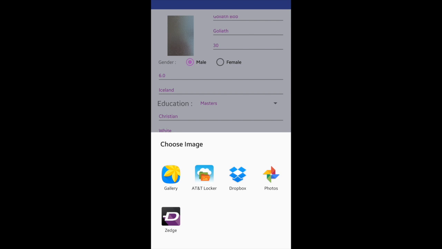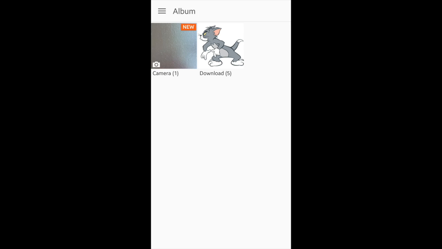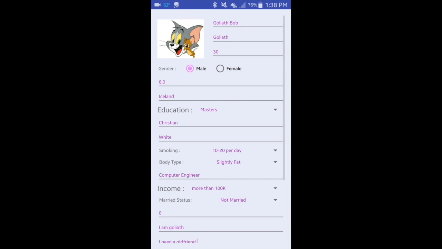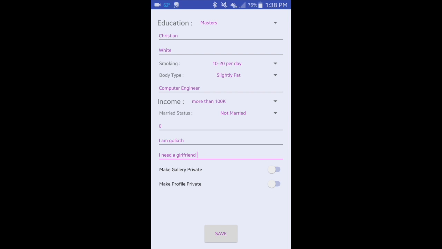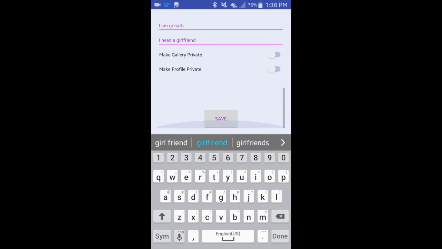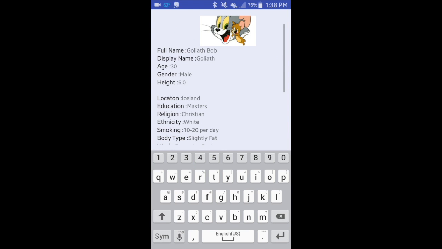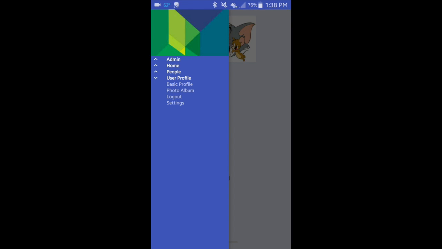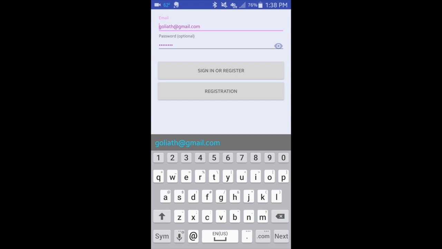And if I do choose a picture from gallery, what I can do is, let me select this one. So this is Goliath's dating user profile. So let me save it, and all this information will be displayed in Goliath's dating profile. So let me log out, close the app, open the app, and log back in,